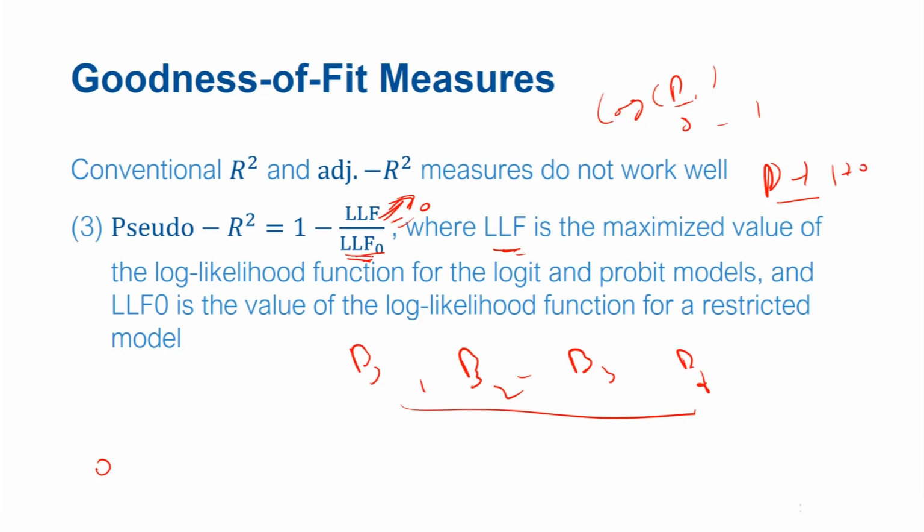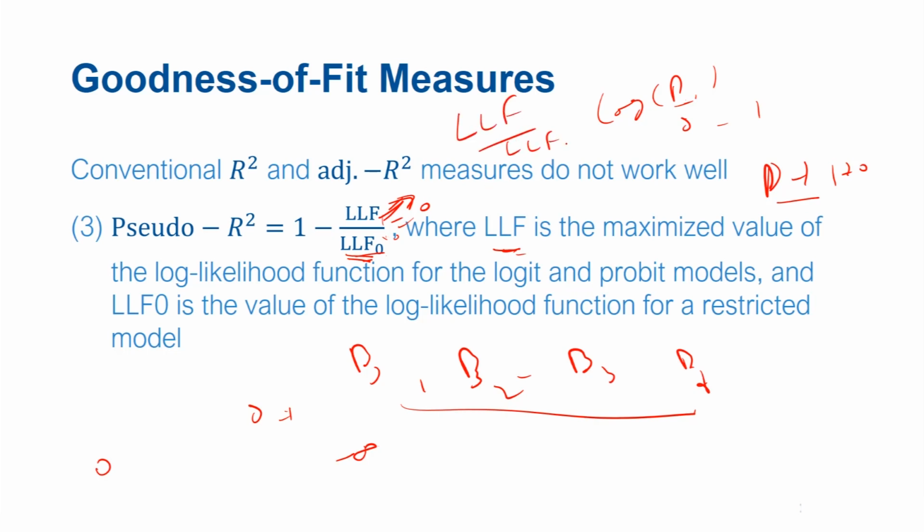However, because your LLF naught is very poor, this value will be much closer to 0 in relative terms, and therefore the log of this number will approach minus infinity. If LLF naught approaches 0, this value will approach minus infinity, and therefore the ratio will approach 0. While these were limiting cases, you can imagine